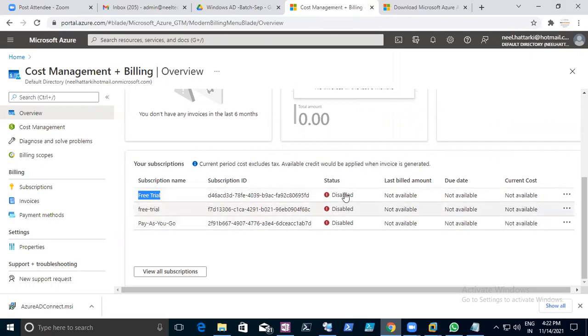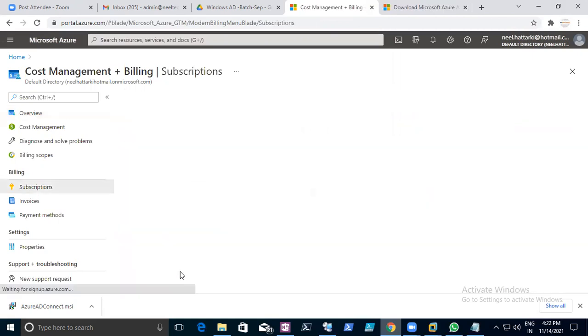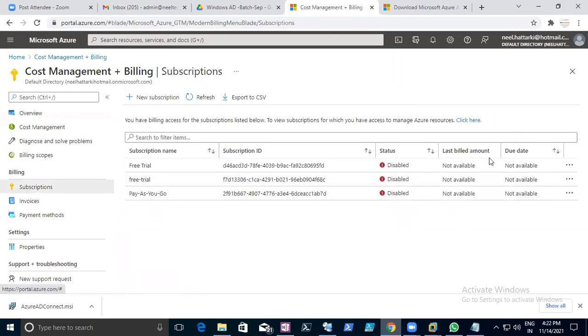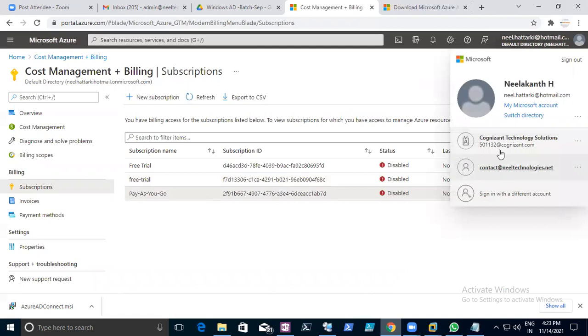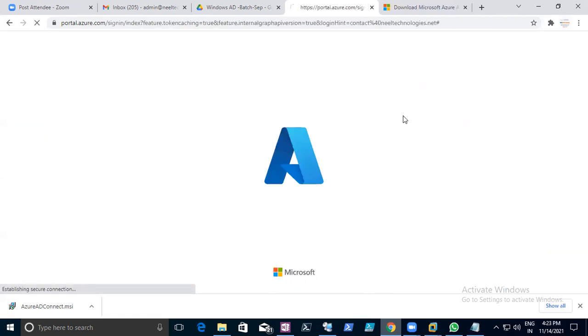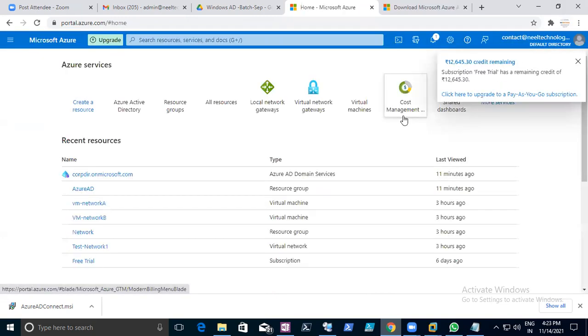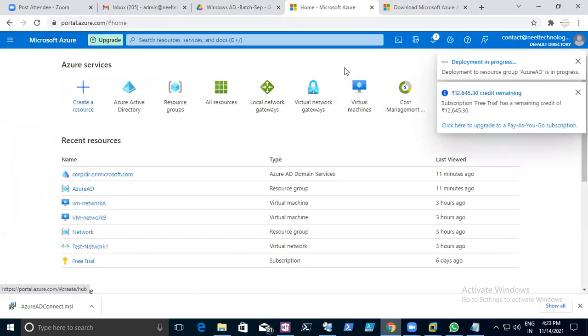Everything is account disabled. An ID will be generated. View all subscriptions, you can see here. Getting it? This is your subscription. Go back to your subscription, right? Okay, now it is still going on.